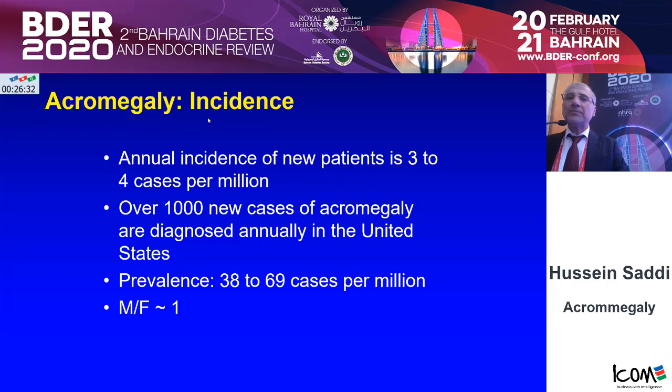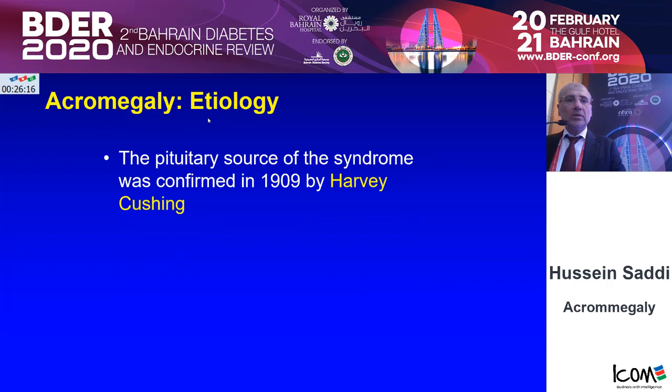So, fortunately, acromegaly is very rare. Three to four cases per million is the annual incidence. And there are over 1,000 new cases diagnosed in the US annually. And the prevalence is 38 to 69 cases per million. Male to female ratio is 1. The etiology is